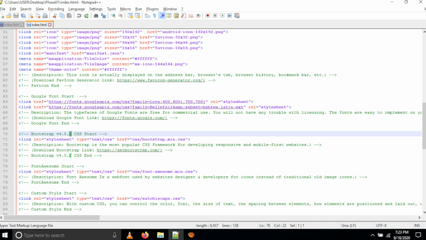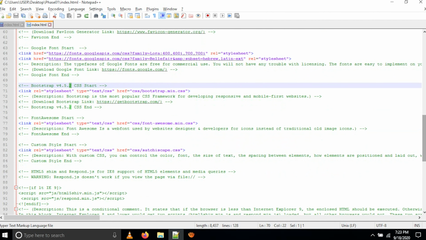Okay, then you can see I have used the Font Awesome URL. Font Awesome is a web font used by website designers and developers for icons instead of the traditional old image icons. Before, we were using icons in PNG format. Now these days people are very trendy and there is no need to use images too much.